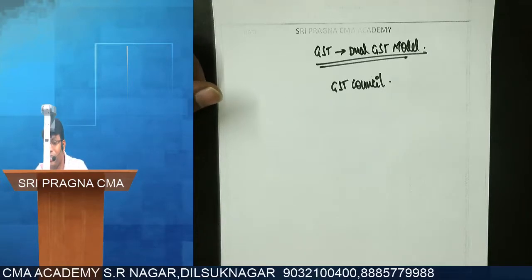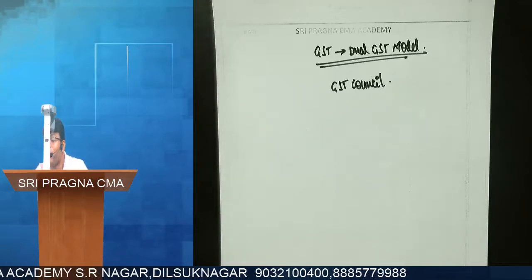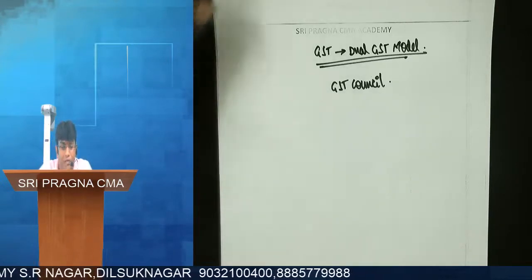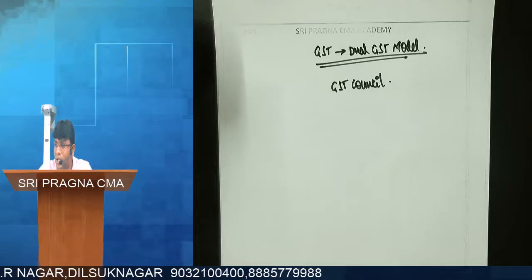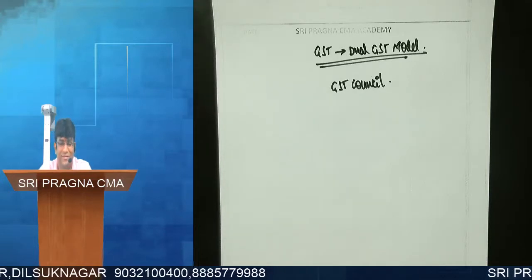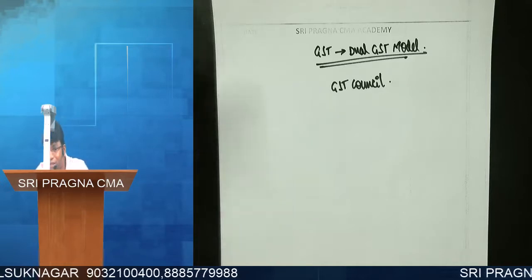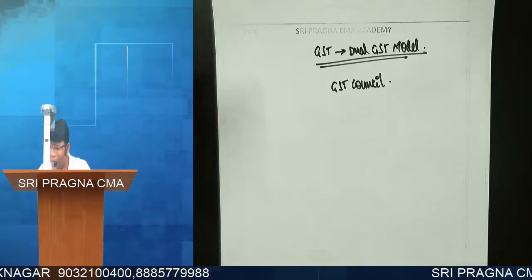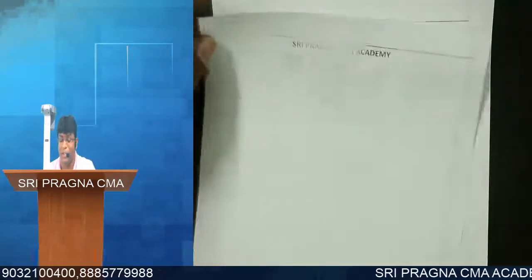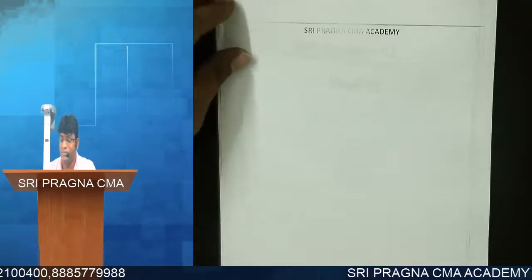Government keeps reducing or increasing the GST rate based on the requirement in the market, not for demand and supply, but for promotion of the product. For example, sir, if the rate of 18 has become 5, what will happen? Automatically the price should fall. In this context, I'll give a small example. Very interesting case, very practical concept.